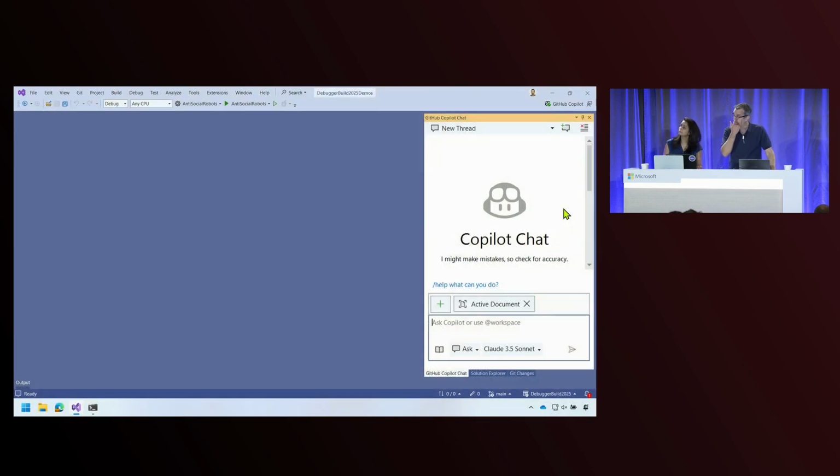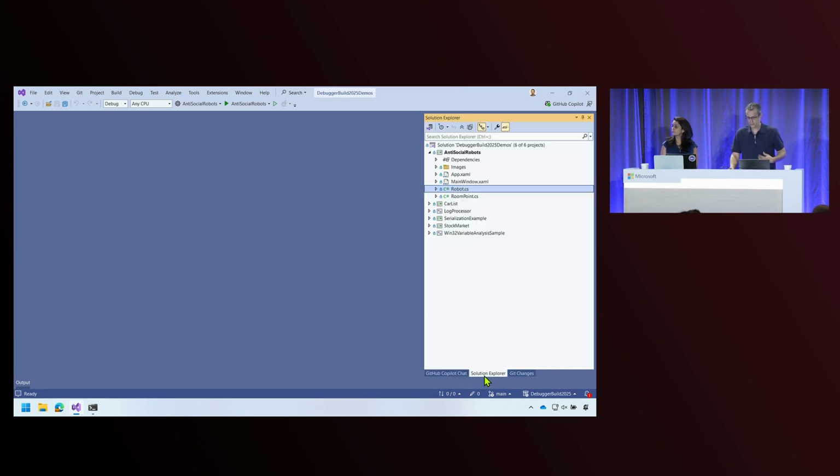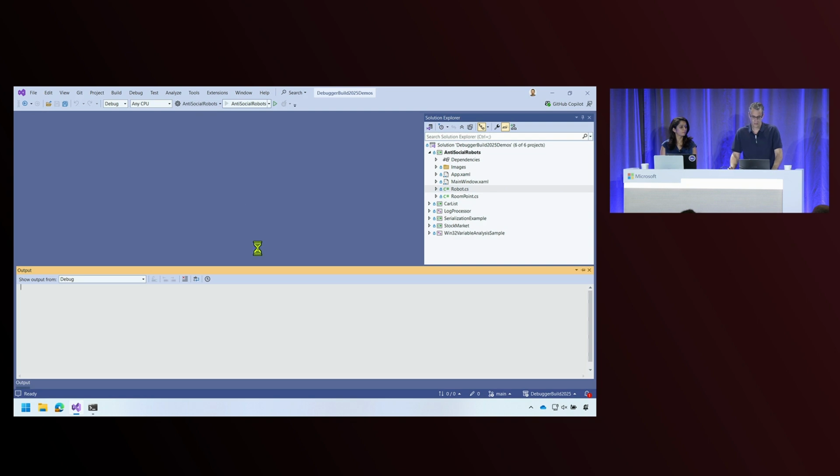All right. So the first topic we're going to go over is the essential Copilot features that are helpful during debugging. These are essentially not debugger specific, but we're going to look at them from a debugging perspective. And for that, we're going to use our first demo application of the day. Let's fire it up and see how it works.